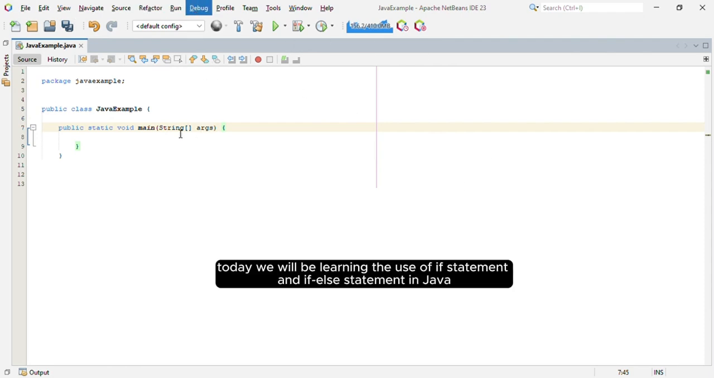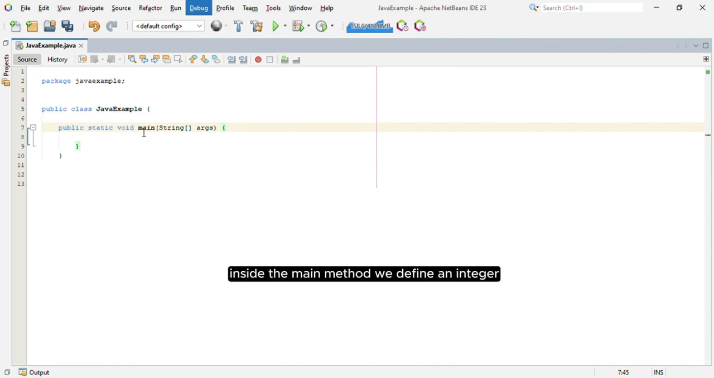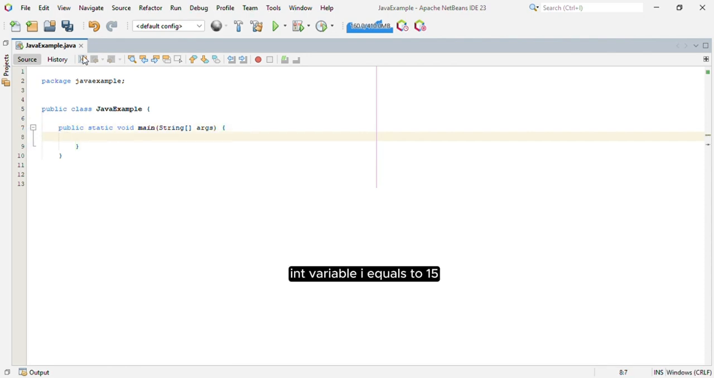Today, we will be learning the use of if statement and if else statement in Java. In this example, we've created a class named Java example. Inside the main method, we define an integer or int variable i equals to 15, and